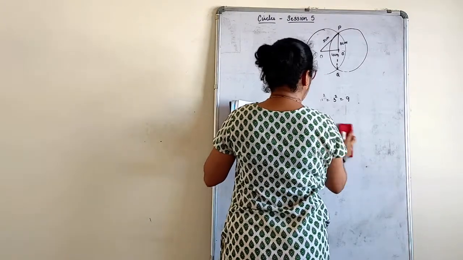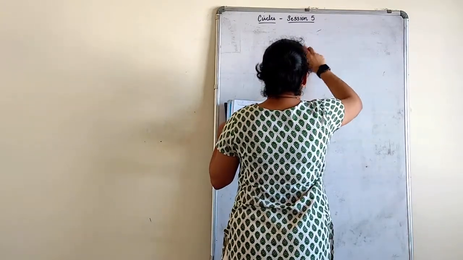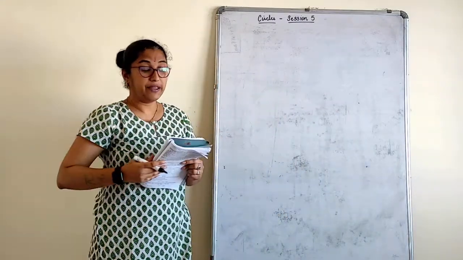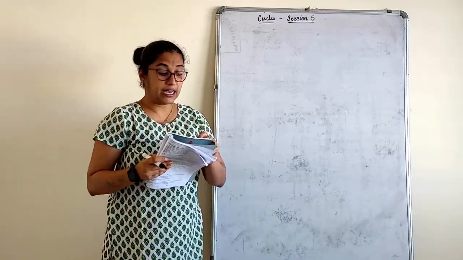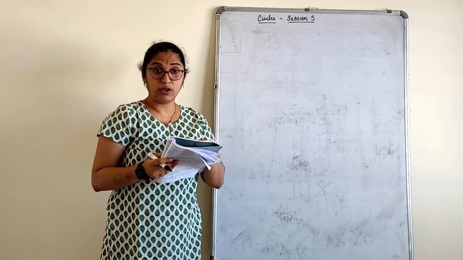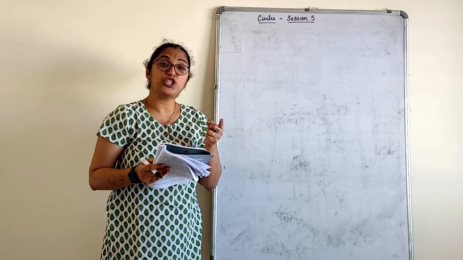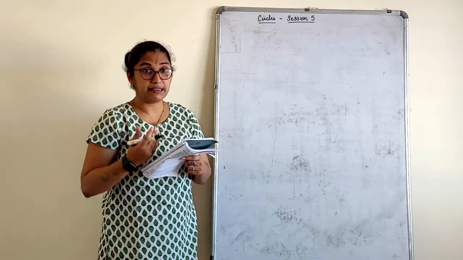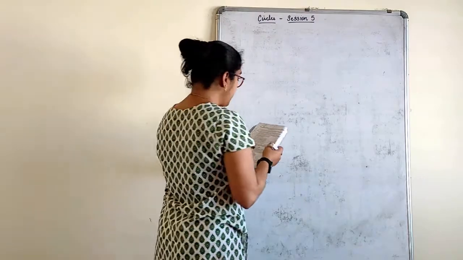Actually, the next question what we are solving is a combination of second and third one together. In exam, if they want to ask you this sum, they can ask you second one separately. But if they want to ask the third one, it should be a combination of second and third one. Alone third one cannot be asked because they are interlinked. You'll understand once we solve.